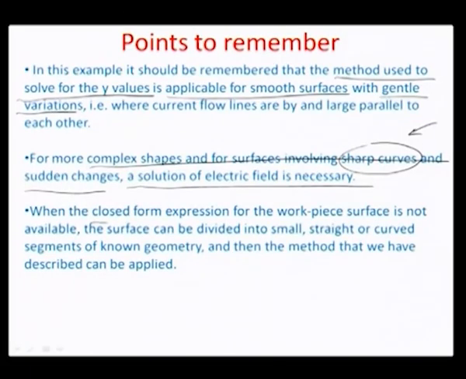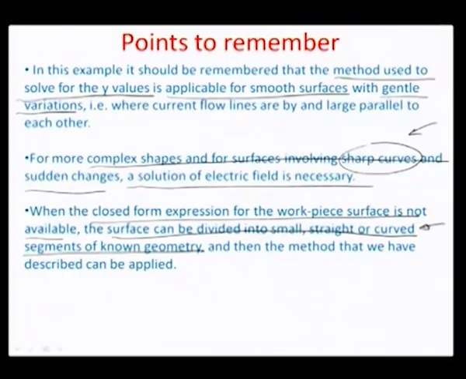So when the closed form expression for the workpiece surface is not available, one option could be to divide the surfaces into small straight or curved segments of known geometry. Then within this local domain, if you assume the field to be constant, you can still translate some of these equations for mapping between the tool and the workpiece. So instead of the strategy followed earlier, which was about having a single curvature to define the whole surface, we would split up the surface into various